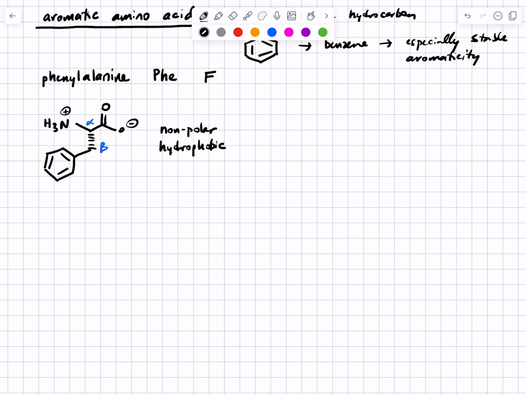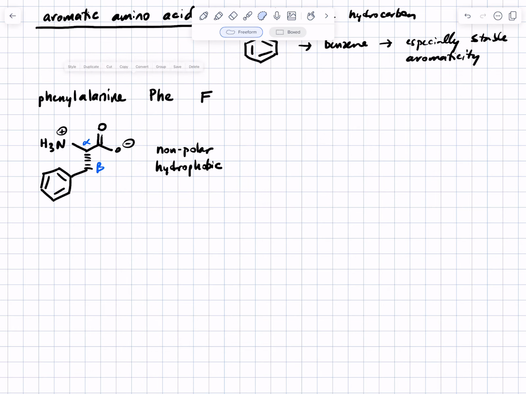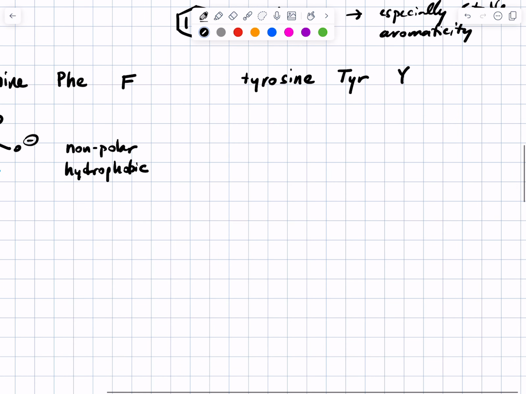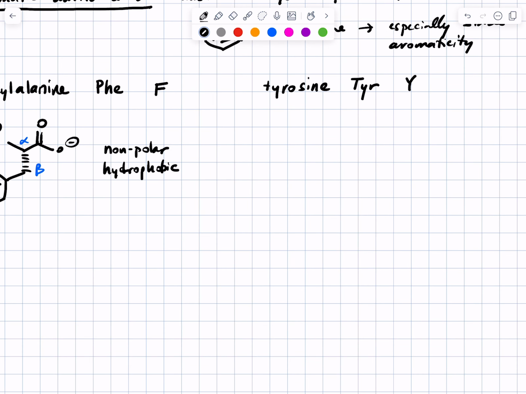Okay, so that's phenylalanine. A close cousin of phenylalanine is the amino acid tyrosine. Its three-letter code is TYR. But its one-letter code, we're going to use T for something else later, so we use Y. So this is BYU's favorite amino acid, because there's no amino acid with the letter B or the letter U, so this is all we've got. Tyrosine looks just like phenylalanine, only it's got,